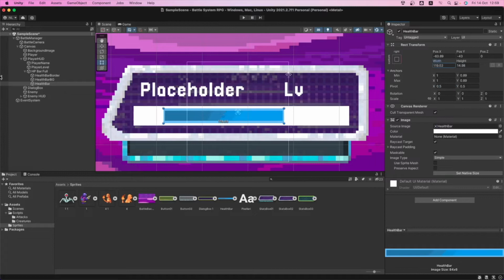If we scale it, you see it goes to the two sides. So we need to move the pivot point to here to scale it just from here to here. So here in pivot in x-axis, we're gonna set it to 0. And now if you scale the width, there it is. That's what we need. Okay, so great.